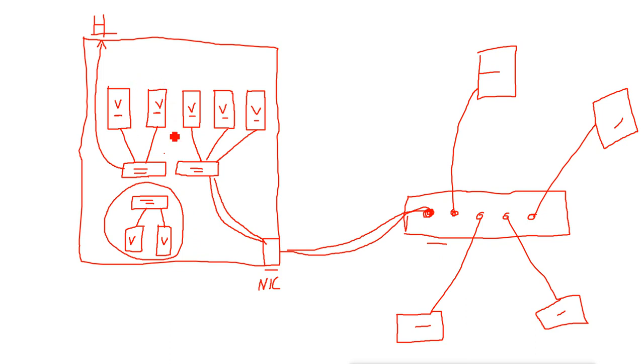Internal will also be private. They also cannot go out to the physical network, but they can still communicate with the physical host itself, but they cannot go outside of the physical host. But the external switch can go to the outside network. It can communicate with the external machines.